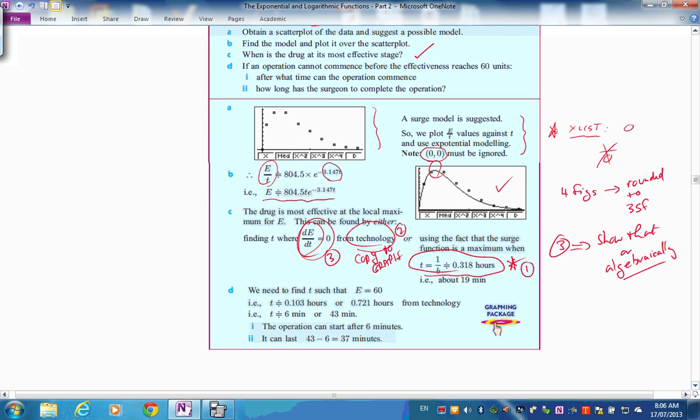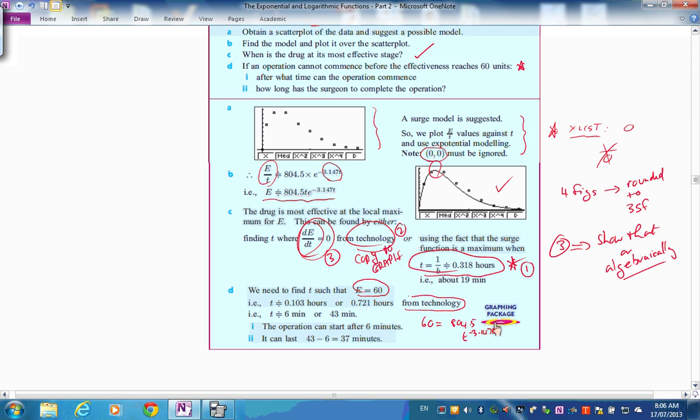Now, the last part here, if the operation cannot commence before the effectiveness reaches 60 units, after what time can the operation commence? So we want to know when E is 60. So you put 60, I haven't shown this, equal to 804.5 T to the negative 3.147 T. You're actually going to have to solve that using what they've suggested,